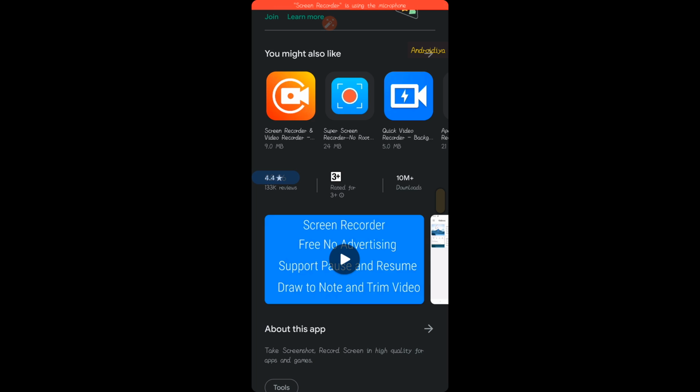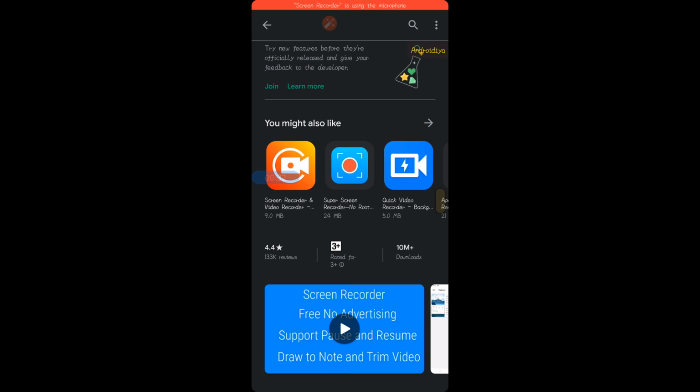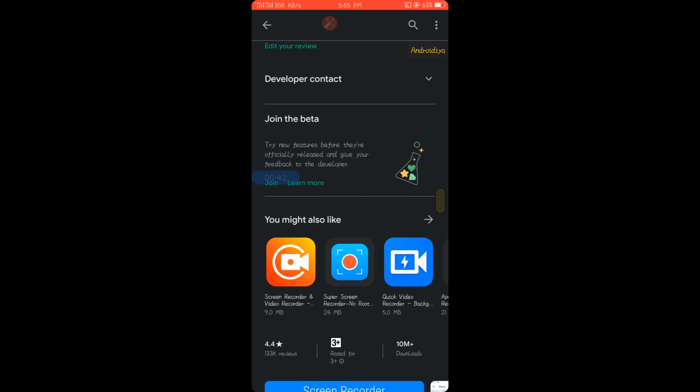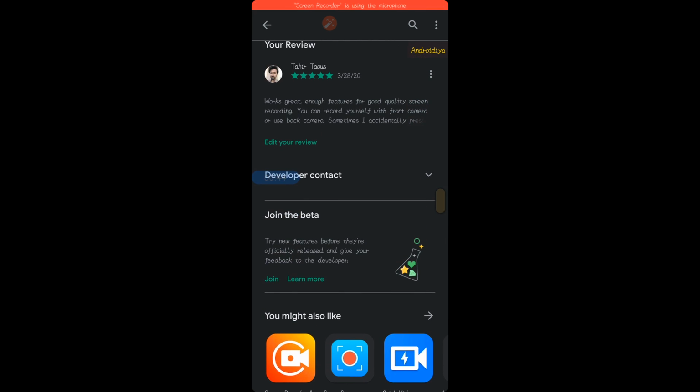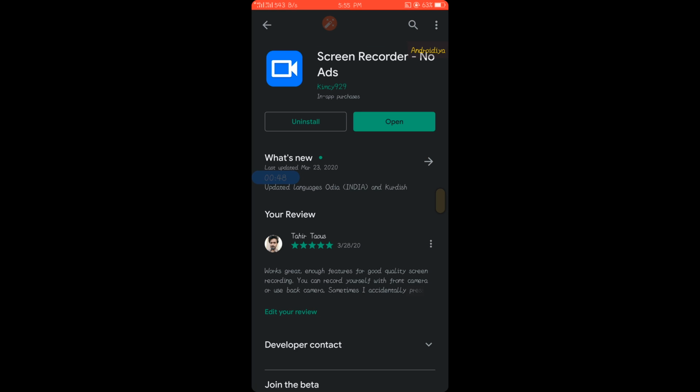using an older version of Color OS, so it does not offer internal screen recording. But the latest version of Color OS 7 offers an internal screen recording option, so you don't need to install any application. But the problem with internal screen recording is that you don't have a lot of features. They are limited. But instead of using internal screen recording, you can use free screen recording applications such as